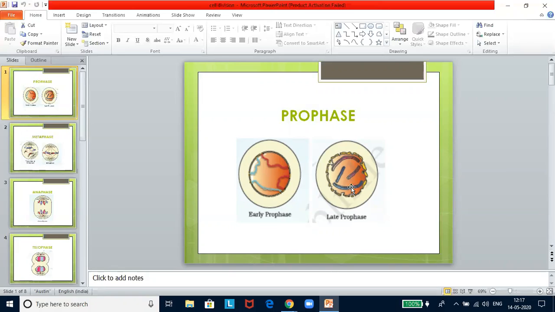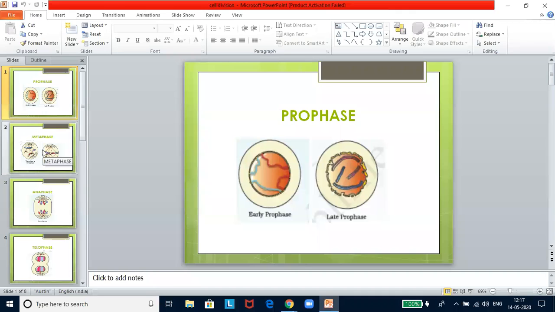See, why I am projecting all these diagrams is that they are very important from the examination point of view. They will ask you to identify the stage, or looking at the stages, the key events have to be identified. That's why we have captured both in our PDF so that it becomes easier for you.